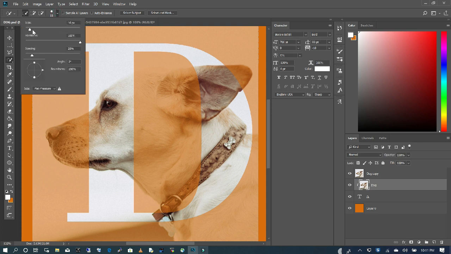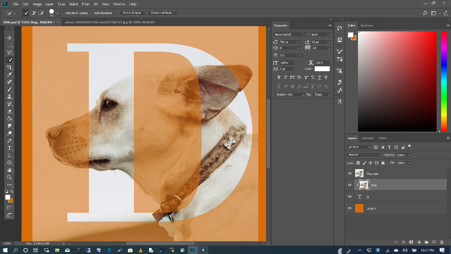I'm going to change my head so I can pick these easily. And don't worry if it goes beyond, we'll be able to easily fix it using our mask command. So now that I have the ear and the face selected,